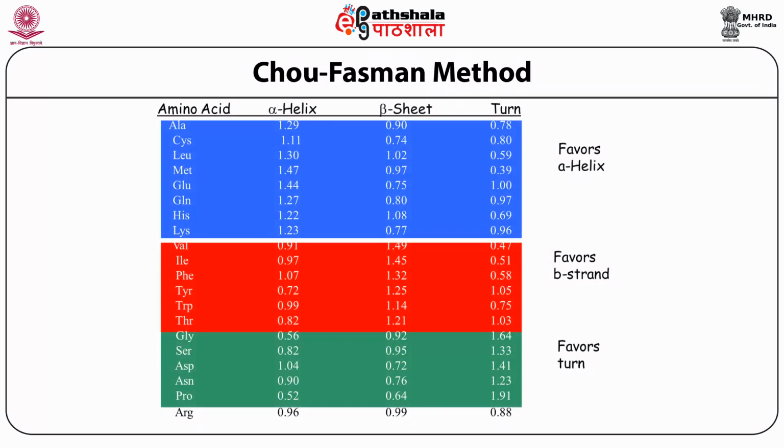So let's say we have the list of these propensity values, which you have obtained from a database. Chou and Fasman used just 15 proteins, but you can use larger numbers. Now for a 3-class prediction, or 4-class prediction actually, for every amino acid you have a propensity for the alpha helix, a propensity for a beta strand, and a propensity for a turn, which could again be position dependent. Coil is not really predicted. Essentially, if you predict everything else, whatever remains will become coil. So these tables you have.